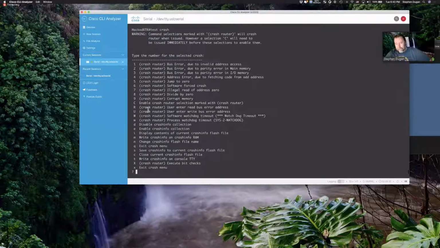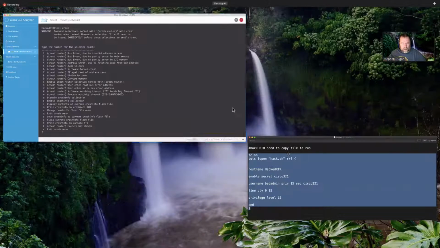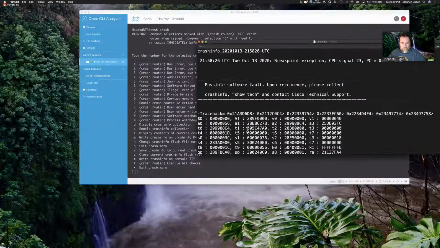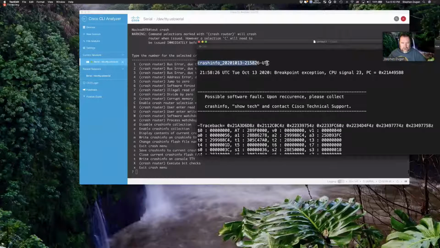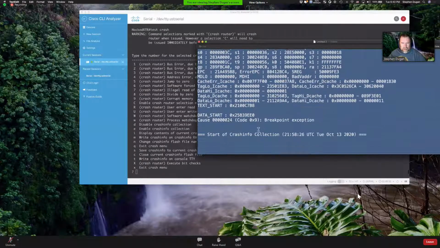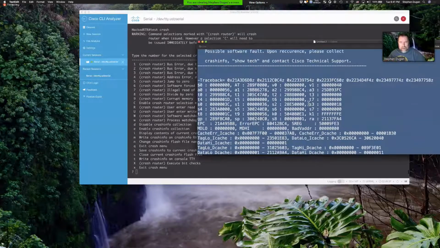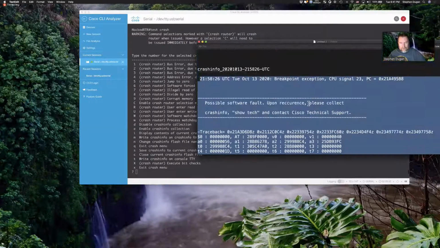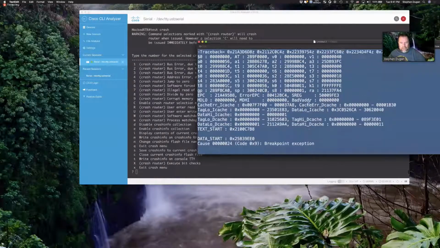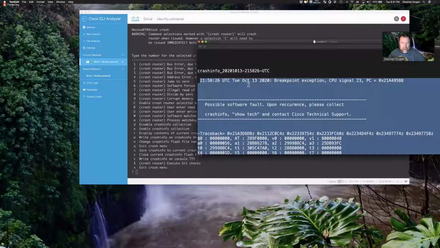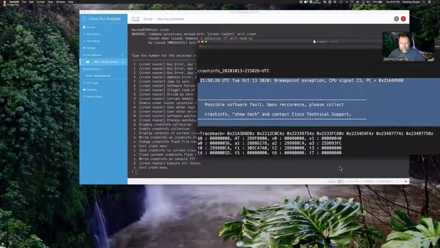So I went in and crashed the router, and it spit out a crash dump file, right? I already deleted the crash dump file, but the crash dump file essentially looked like this. Here's the name of the crash dump file that was created, and here's essentially what it looks like, something like this, start of collection. It was a huge file, 200-something K, and I just wanted that much of it, right? So I'm going to grab the beginning part of this crash dump. I'm going to create this file. So I'm going to grab this